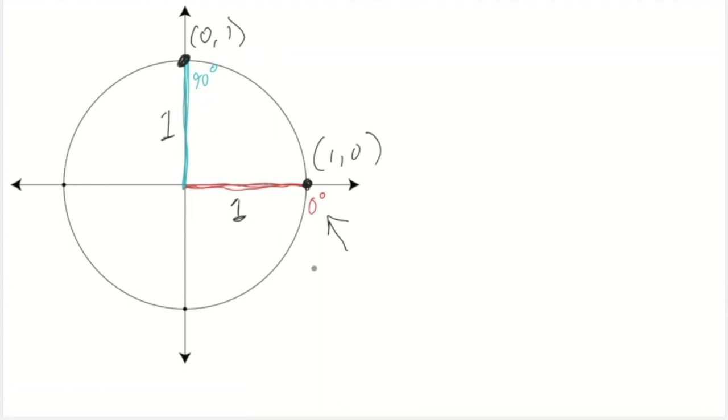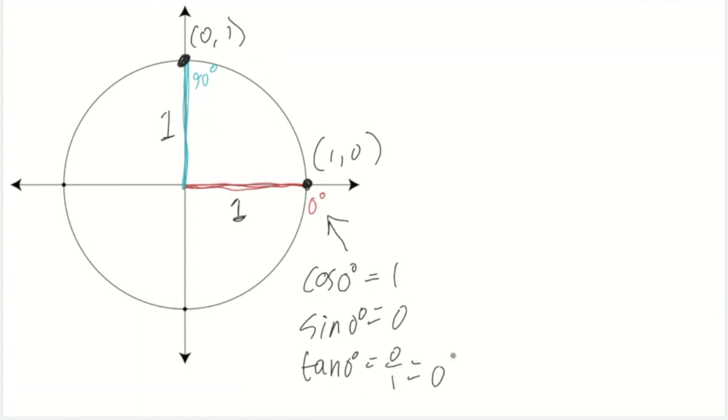So for this one, cosine of 0 degrees equals 1. Sine of 0 degrees equals 0. Tangent of 0 degrees equals, oh look, 0 over 1. 0 over 1, which is 0. So let's look at this one now. Here,